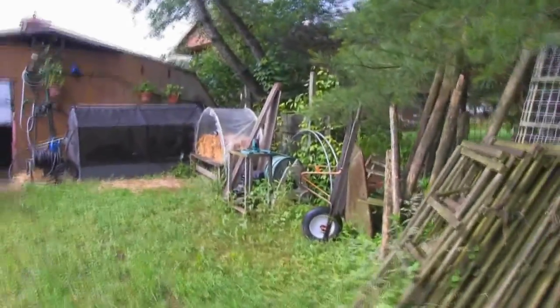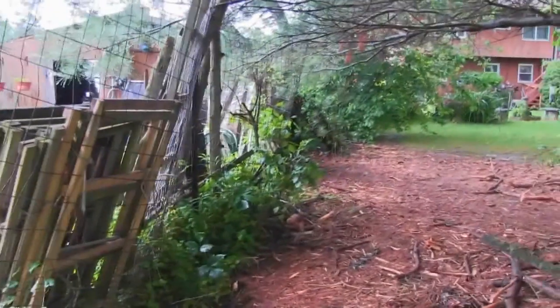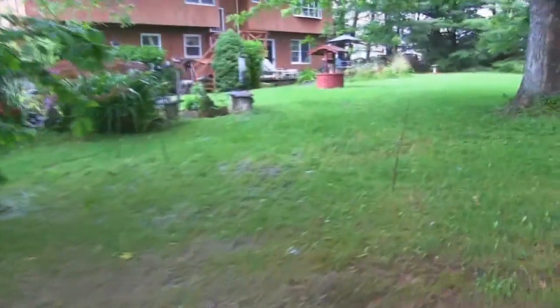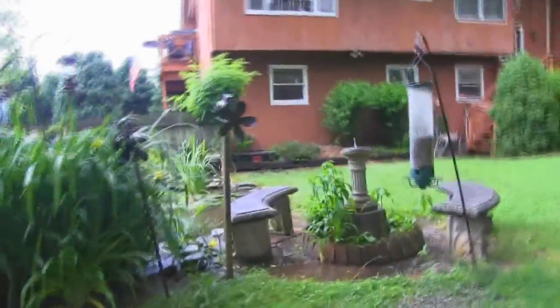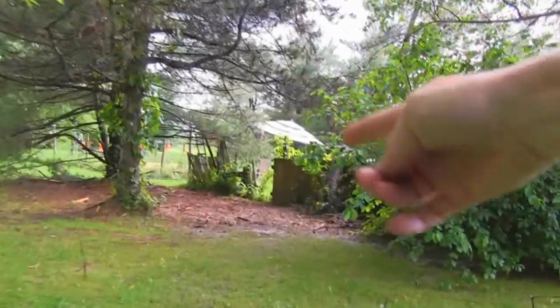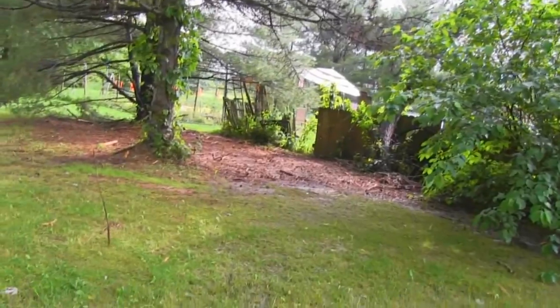For two reasons. One, it's ugly fencing and I don't like it. And two, it is the sort of the delimiter between the garden and the backyard, and in particular the pond area over here. And so I've long wanted or been thinking about doing something that puts sort of an entrance to the garden right close to the pond here, and opens up that entire space over to where these trees are. And I thought I would do that by